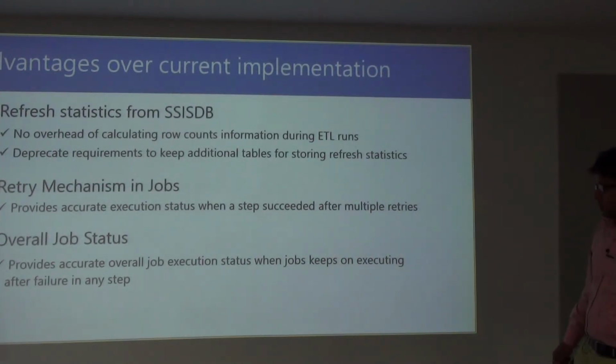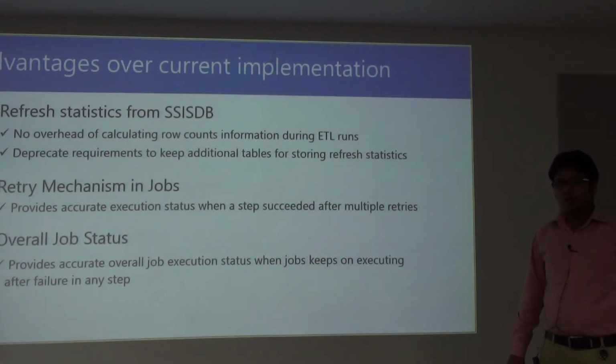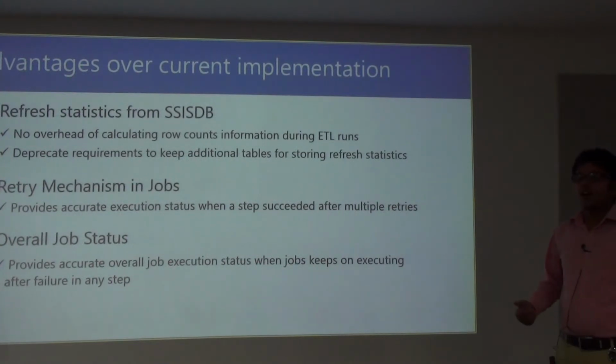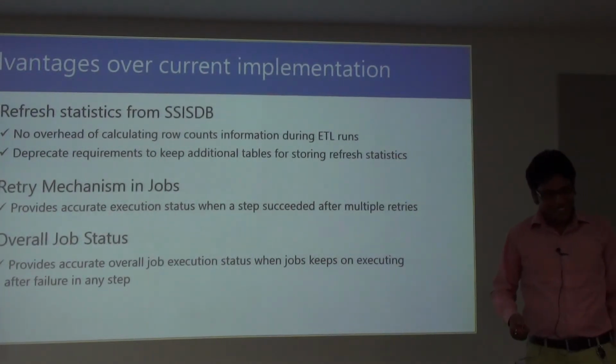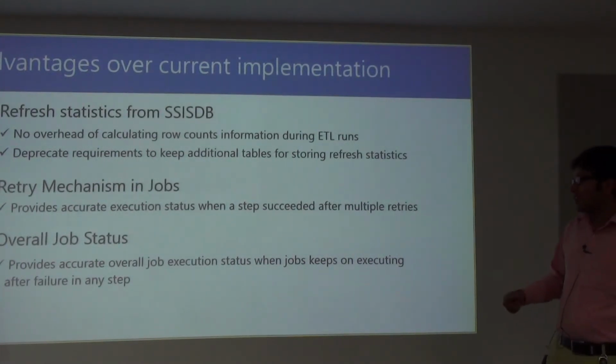Third is the overall job status. This is very tricky. Sometimes what we developers do is, if there are 10 steps and my 5th step is failing again and again, to show people that my job is working fine, at the 5th step I will make it, on failure, go to the next step. If the rest of the steps continue to run and execute successfully, nobody will know whether it failed or not. Trust me, I do this. So to overcome this limitation, we are doing a step-by-step comparison, and you are finding the accurate result.